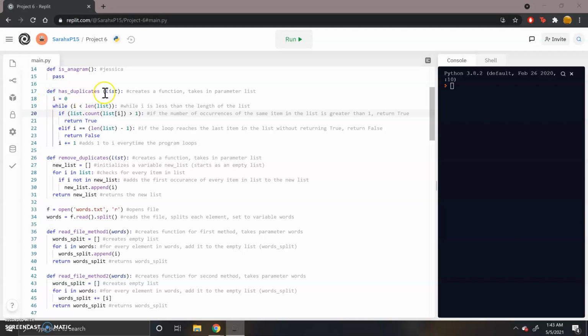The function has_duplicates starts with this line, which creates the function and takes in a parameter, which would be a list. The program goes on to initialize i as 0, so then while i is less than the length of the list, it goes through this if-else statement, and it basically goes, if the number of occurrences of